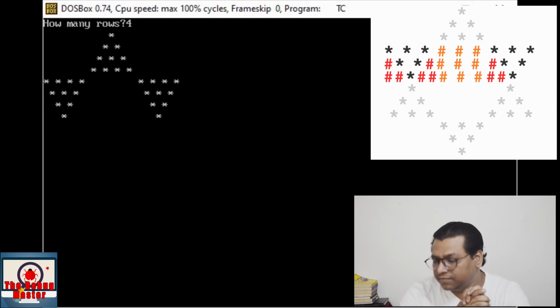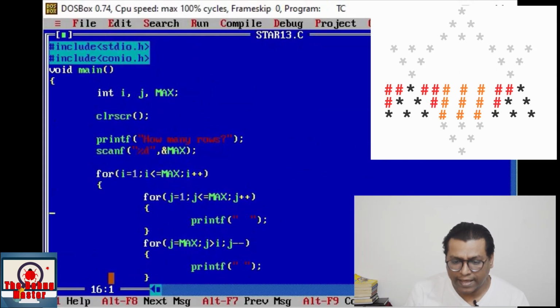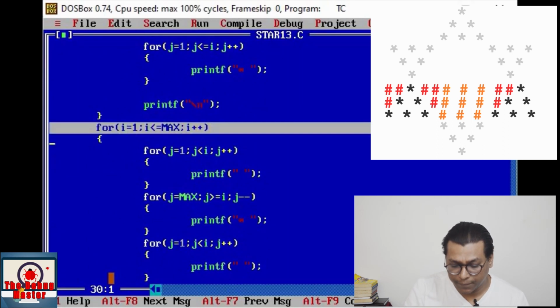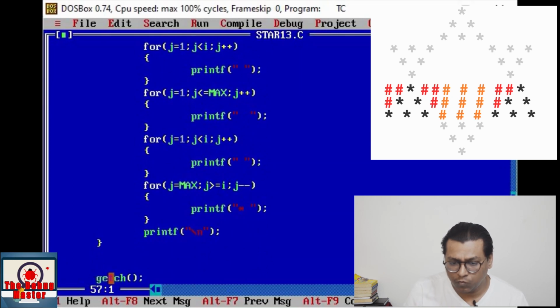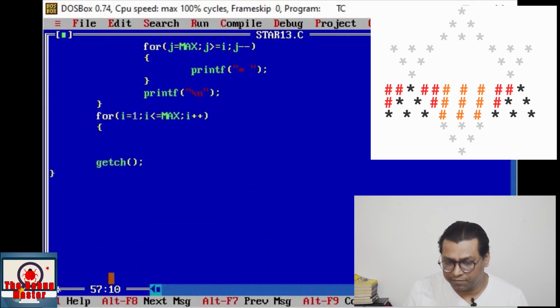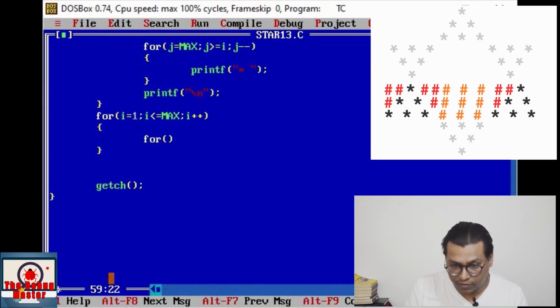So the half part is done now. Now we shall proceed for the next part, and for that again we shall have a new for loop of I. Right? Now we are proceeding for the next part, which is highlighted again. See the image. So first of all, again we shall proceed for the hash part. So here we shall write, it is decreasing order pattern.